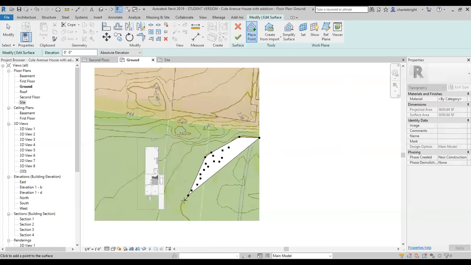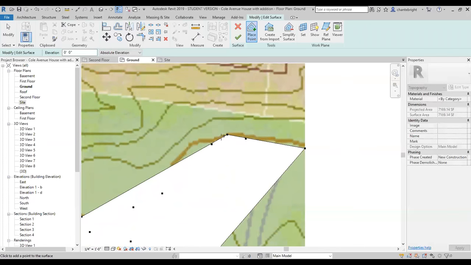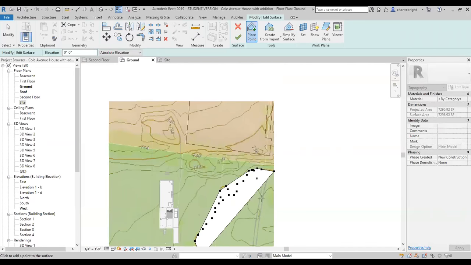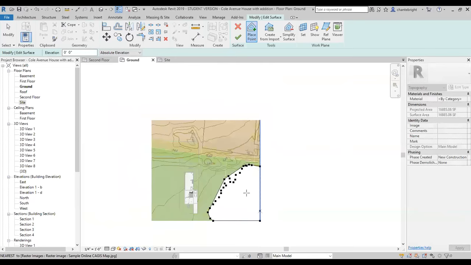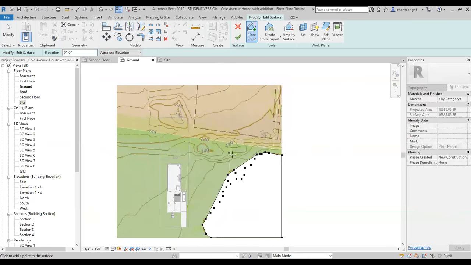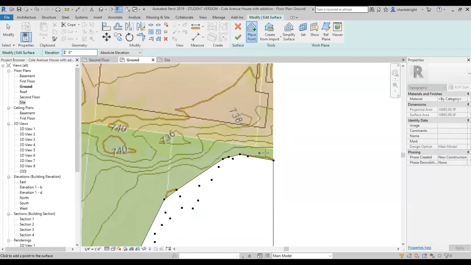So I'm just going to keep going, and I'm going to give this thing 0s all the way around. And look at that. I can even zoom in and give a little bit more definition to some of these lines. And I'm going to come back, and I'm going to just hit my corner. Okay. So here's what you do next. Next, this is 2 foot. This line is. So I'm going to come back up here to my elevation, because I'm still in the place point tool, and I'm going to type in 2 feet. So it's now ready to put in all my 2s, and I'm going to go back through and go along this line again. So I'm going to start here,